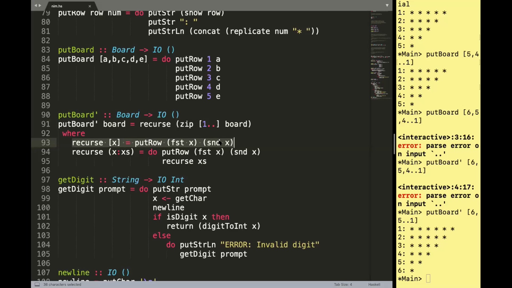We have seen how first and second work on a tuple. And if it contains multiple tuples, then we do putRow for the first tuple, and then recursively call recurse on the remaining list of tuples. So putBoard prime board equals recurse of zip of this thing. Recurse of a single tuple just puts first of x and second of x, and it recurses.